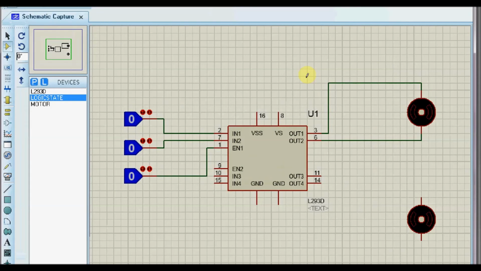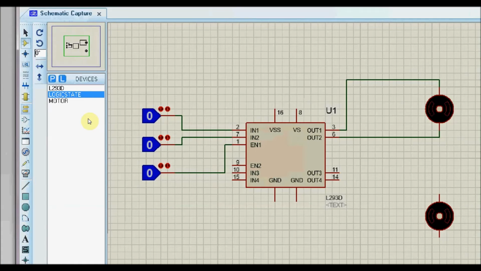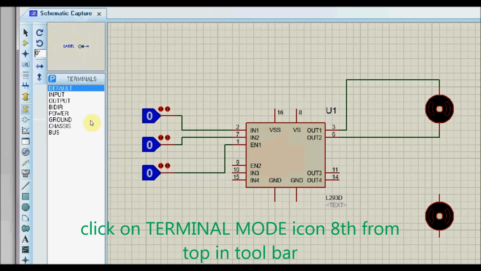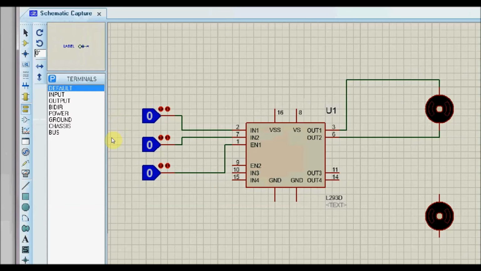Now we shall add the power source to the IC. Pin 16 is the VCC and it is the power source for L293 IC. At the left hand side you can see the terminals mode icon. Click on this terminals mode icon. You can see power, ground, bus, input and output selections. Click on power